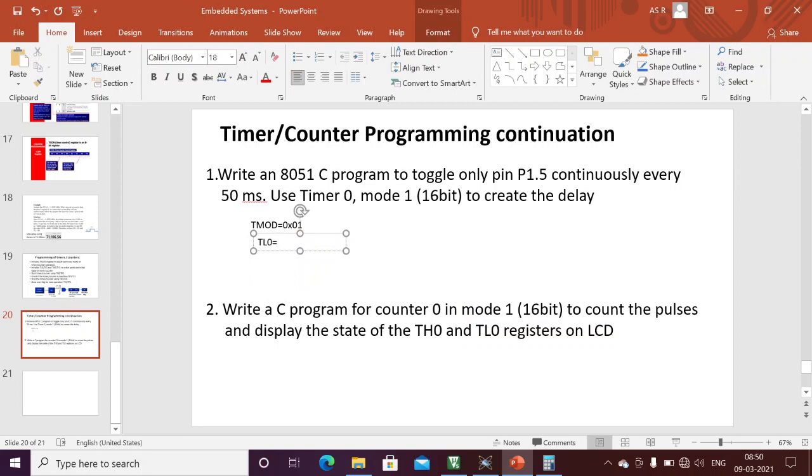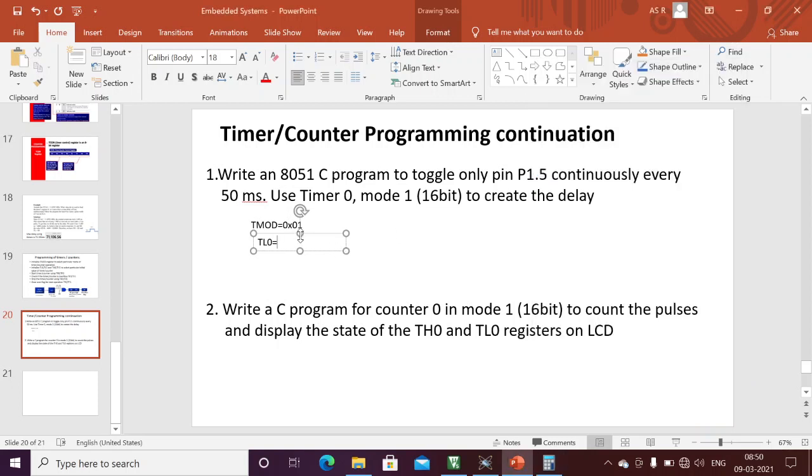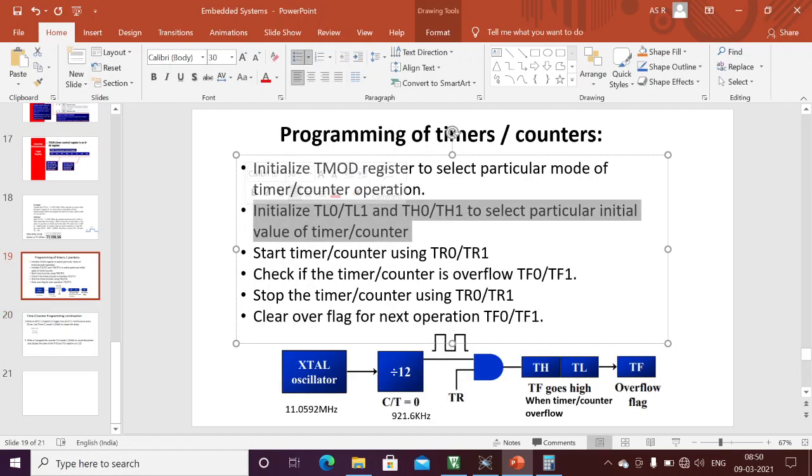TL0 is my lower byte. The lower byte is FE, and this is my higher byte. So TL0 is 0xFE, and TH0 is 0x4B. Here I have initialized my TMOD value as well as my timer 0 value.